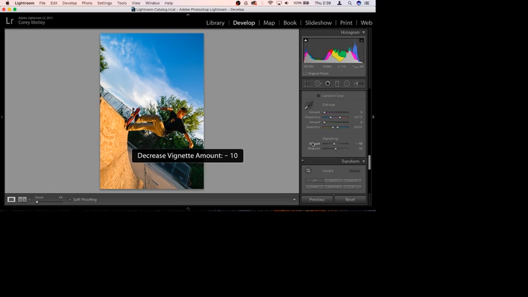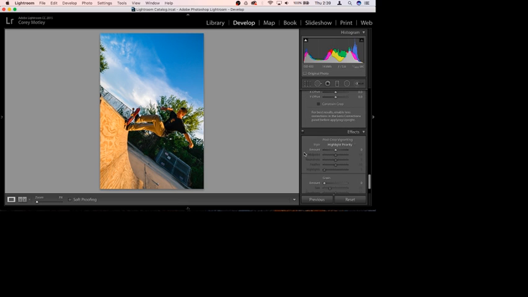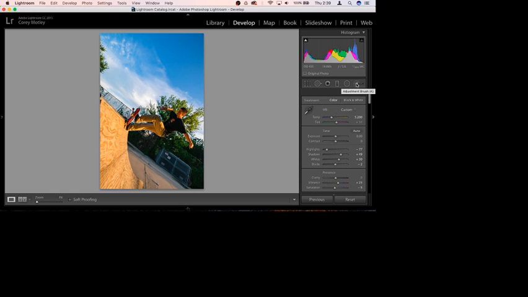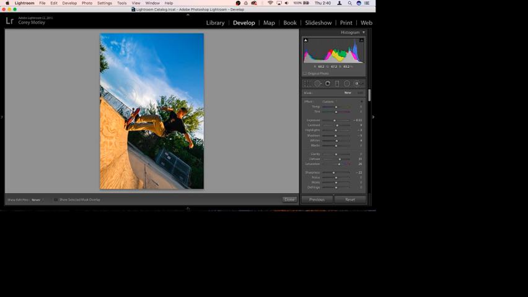Pull the vignette down. This picture is probably not going to be a very good example for it, but one thing that I really like to do in clouds, and this is something I haven't done yet, is use this adjustment brush over here. I like to crank the dehaze up, crank the saturation up a little bit, pull the sharpness down some, pull the exposure down a little bit, and this might look a little bit ridiculous when I do it, but I really like to run it over